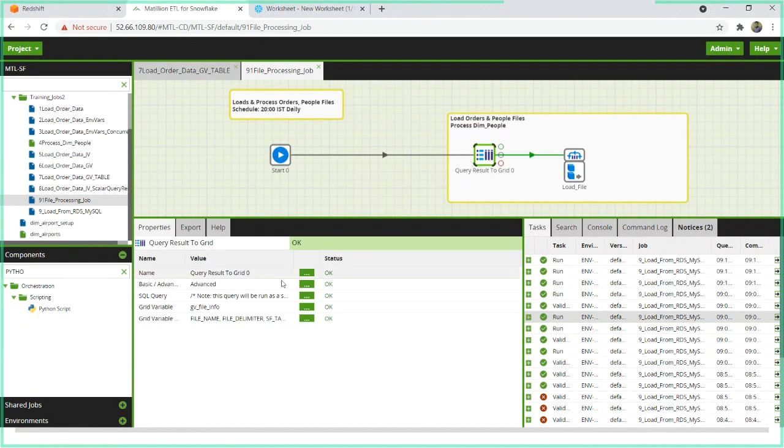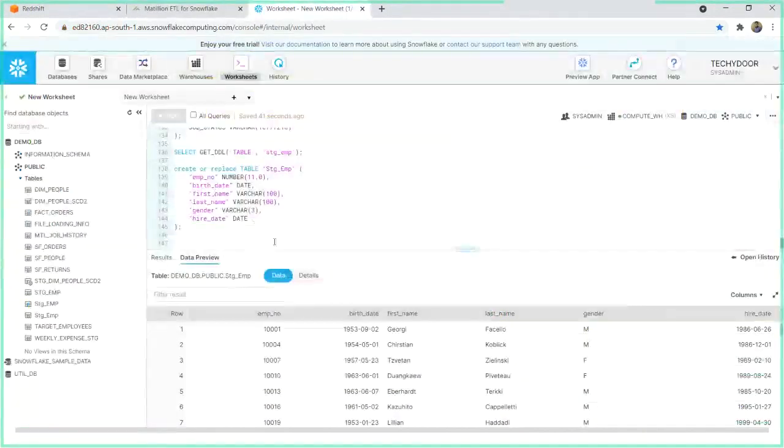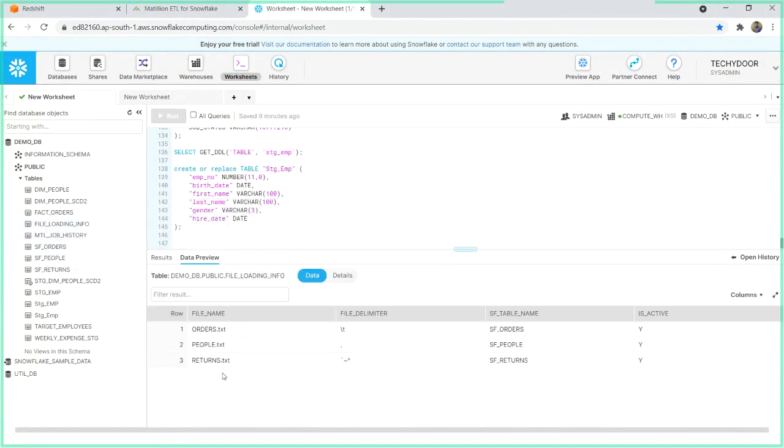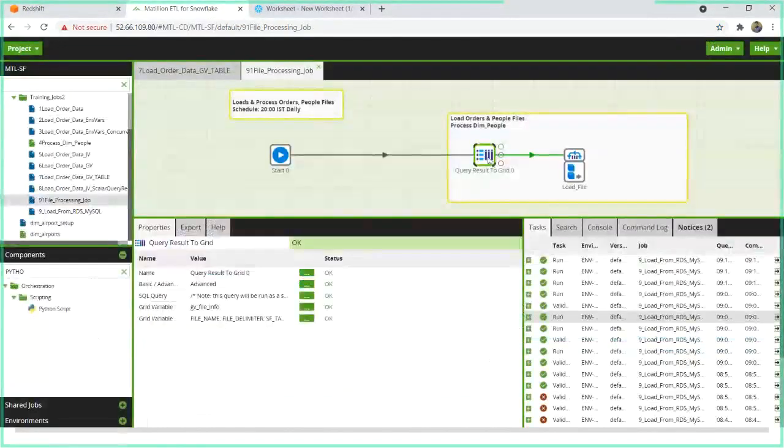Now what we are going to do is convert this job to a shared job, and then we will call it from some parent job, and we'll pass one variable to it for which file or table I need to run, based on our file loading info. So let's say initially I'm trying to load from people.txt. So what I will do here is apply a filter,